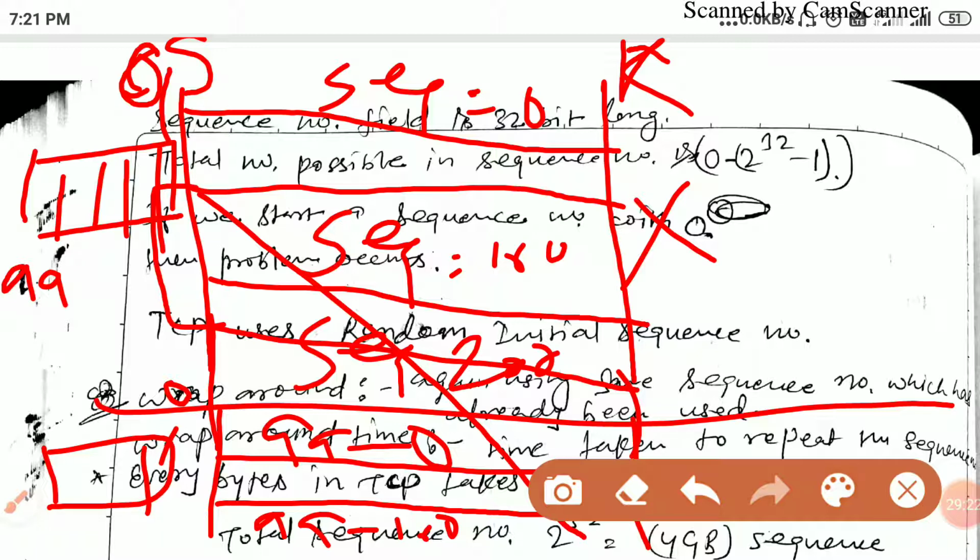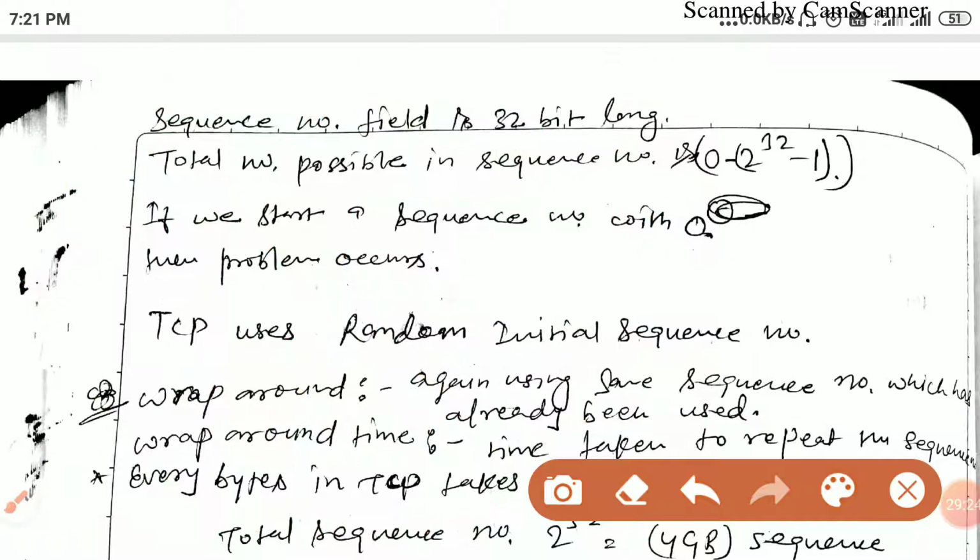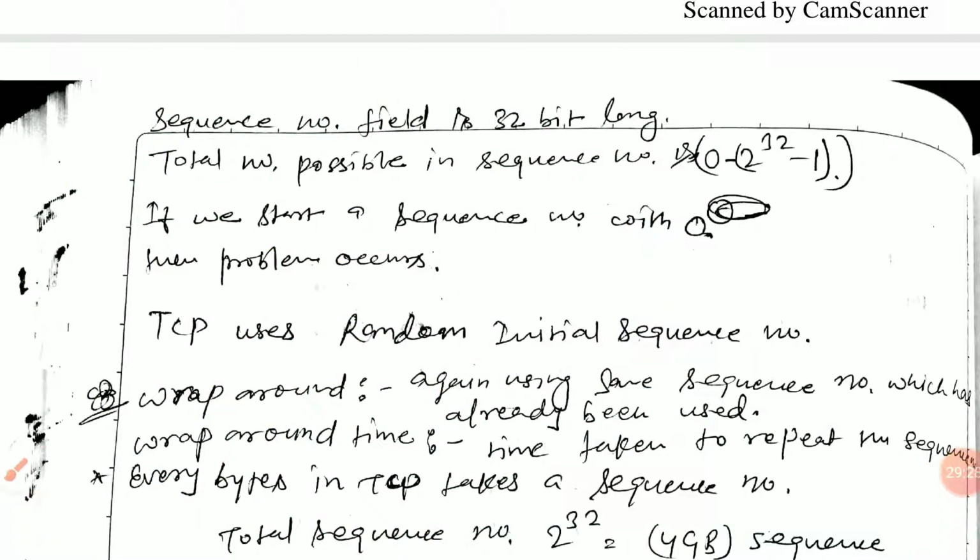So in computer networks, TCP uses a random initial sequence number. In TCP they will not start from 0 every time; they use a random initial sequence number, and by using this we can survive the problem, because for every connection the start of the sequence number will be a random number.